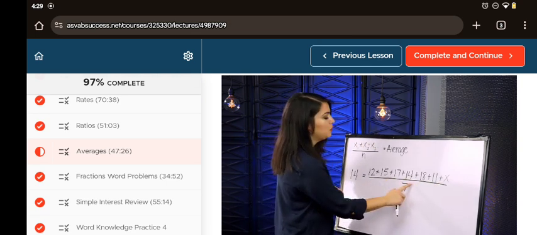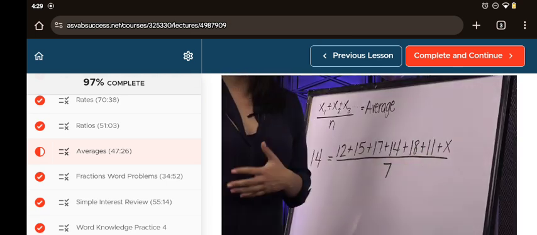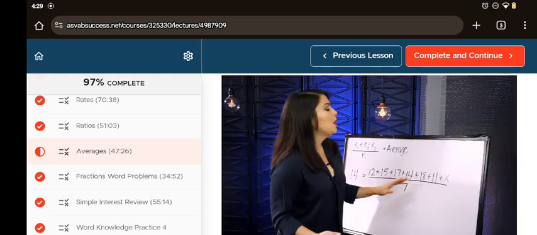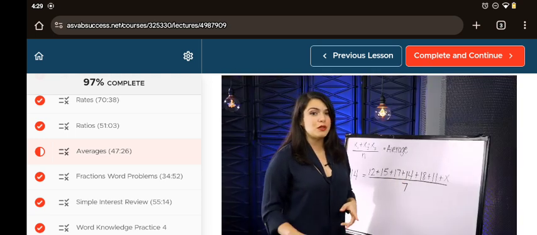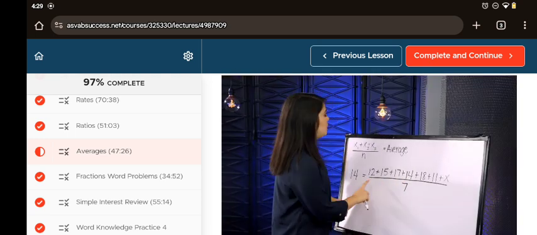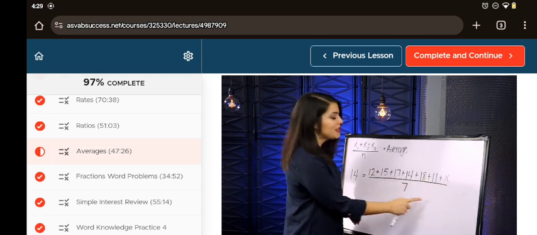So we have 12, 15, 17, 14, 18, 11, x. X is our unknown. It's the one that we don't know what the answer is, and that's what we're solving for. But when we're counting however many there are, we have to count that as one of the numbers. So make sure that you divide it by 7, okay? So here we have 1, 2, 3, 4, 5, 6, 7 with our x, and that's why there's a 7